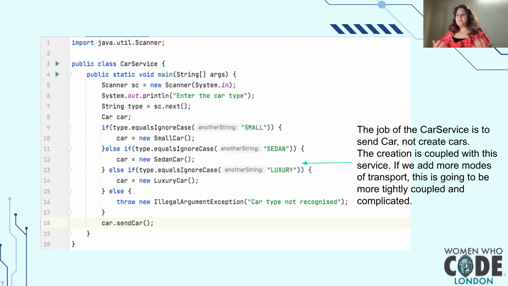Now, a problem with this approach is that we have coupled the creation of the car with the main car service, which is sending the car to the user. Now, our main method or our car service method should not have to worry about creating the particular car. It only has to send the car based on whatever the request is. So to address this particular problem, what can be done is